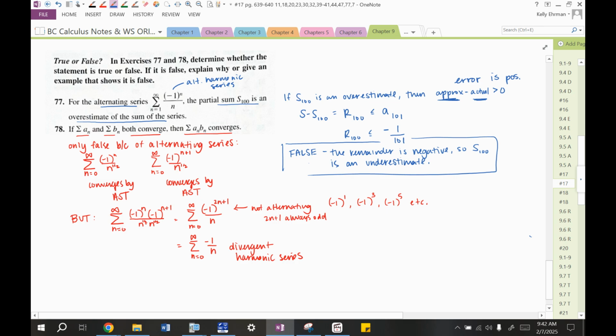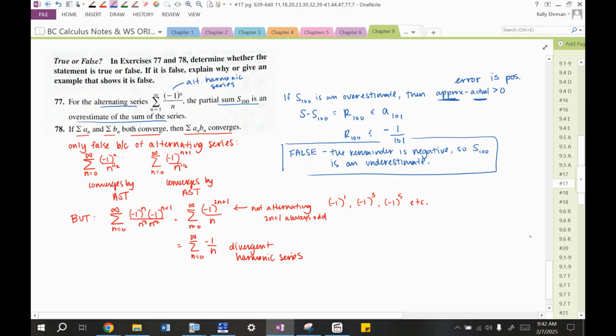Geometric, if these are both fractions less than 1, then when you multiply them together, you're going to get a fraction still less than 1, so it's true for those. I wasn't sure about telescoping. I could have investigated that, but then I thought, okay, this isn't our alternating series section, so what if they're alternating series? Now, you can come up with some true scenarios for alternating series, but I did find a